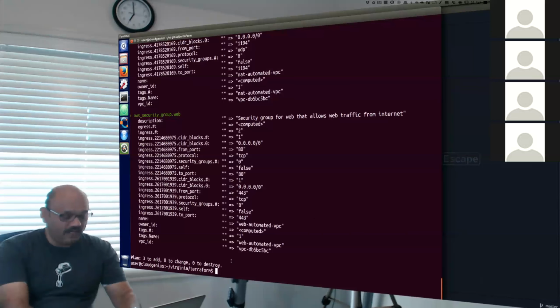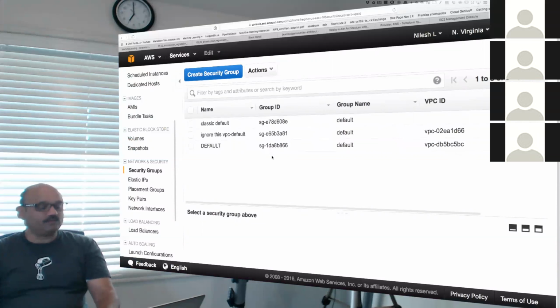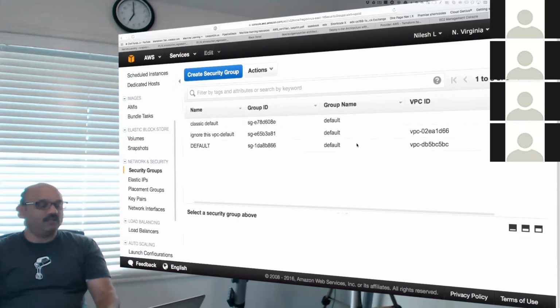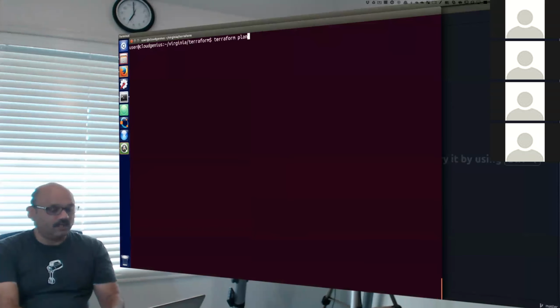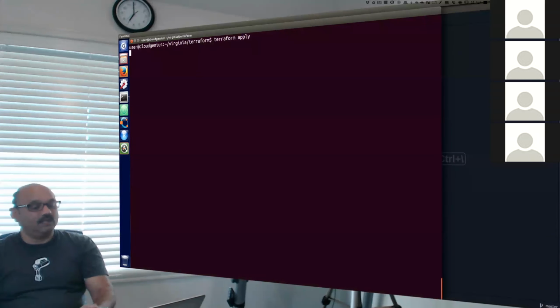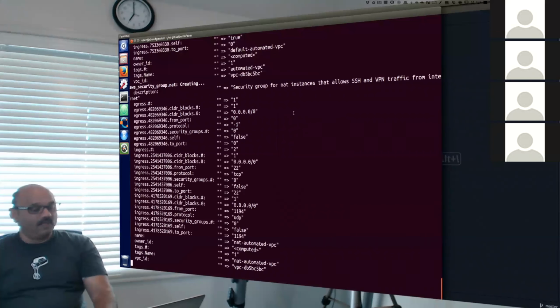So when I run this, I should see a bunch of security groups showing up here. These 3 are default, by the way, so they will exist. I cannot delete them. I will have to live with them. But as soon as I run Terraform apply, you should see that it will go to the cloud, create those security groups, and tell us that it did. And when it does, we should be able to go and see them. It is creating them right now.